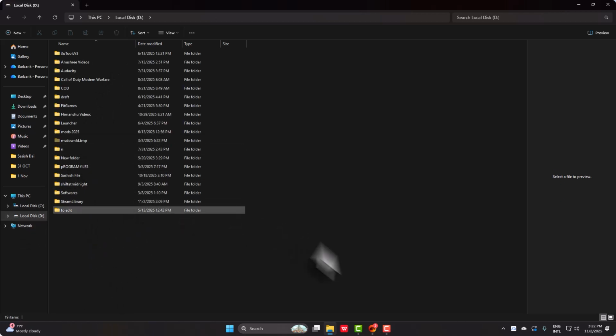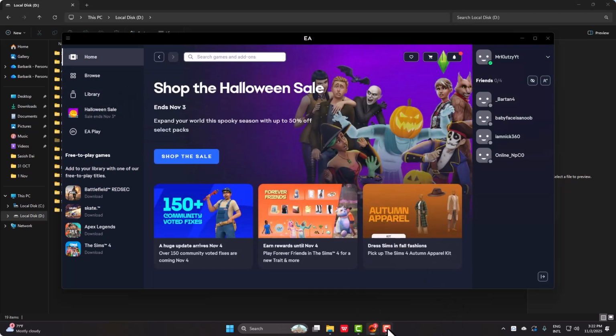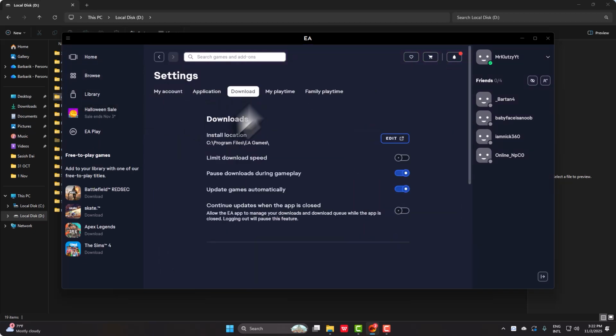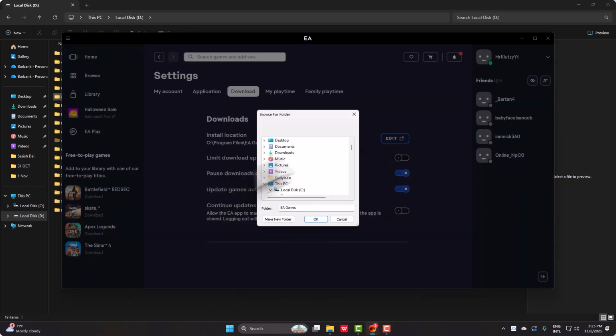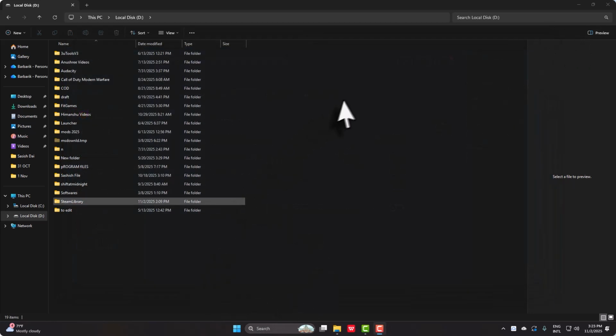And once you have done that, what you need to do is simply go into your EA Games application right over here. Now, once you've opened your application, click on this top left icon right over here, and all you need to do is simply go ahead and click on Settings, go to Download, and change your install location to the new one. Right? And once you've done that, simply go ahead and close your EA, restart your PC, and go ahead and reopen it. And that should go ahead and